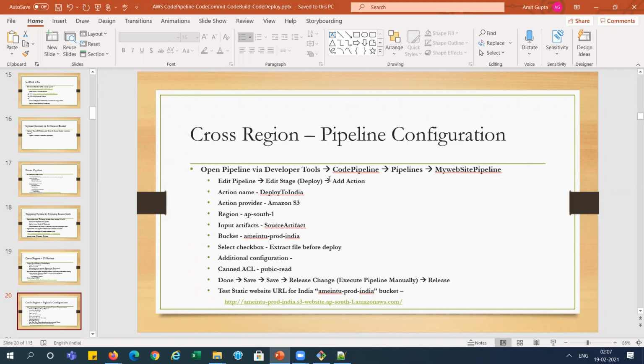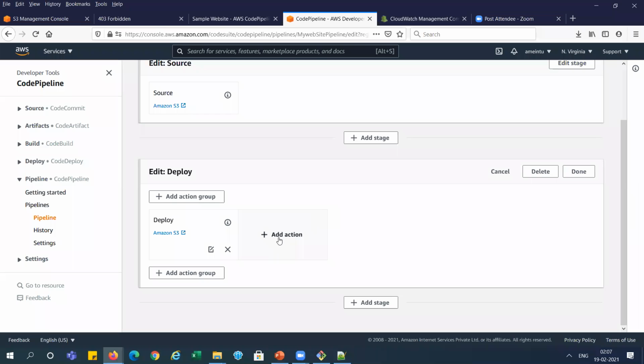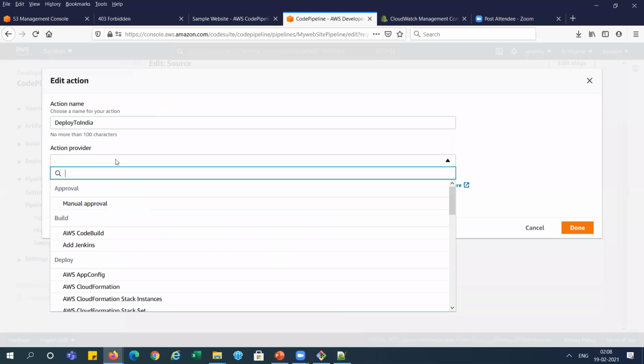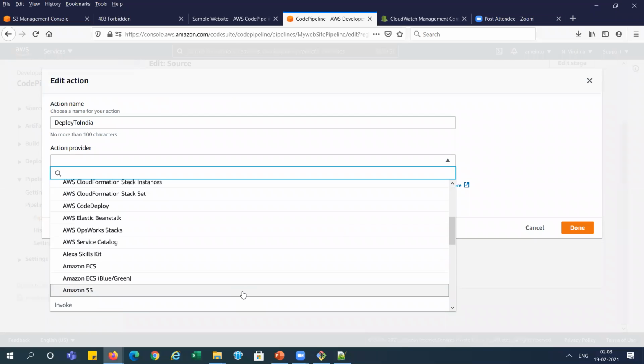Now we need to add an action, and we will give the action name as deploy to India. Add action I am doing here, and action name I am giving as deploy to India. And action provider I am taking as Amazon S3, because we are using S3.